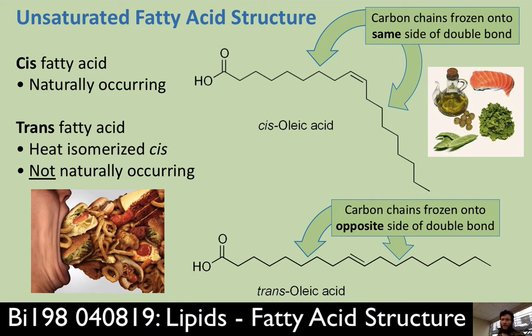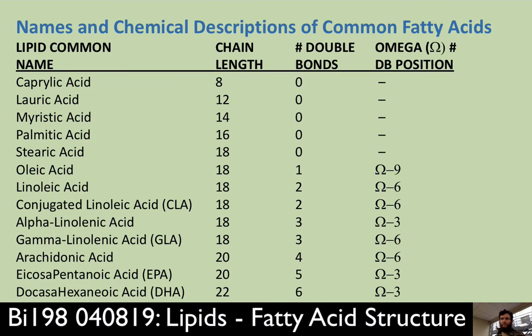And trans fatty acids, I'll talk about them in a little bit, but they're associated with heart disease and a lot of the health problems that go along with deep fat fried foods, right? And this is where a lot of trans fats come from. So as you're taking those around, you can sort of see the difference between a cis and a trans fat. Does everybody sort of understand the molecular origin of this concept? It's not super difficult. Yeah.